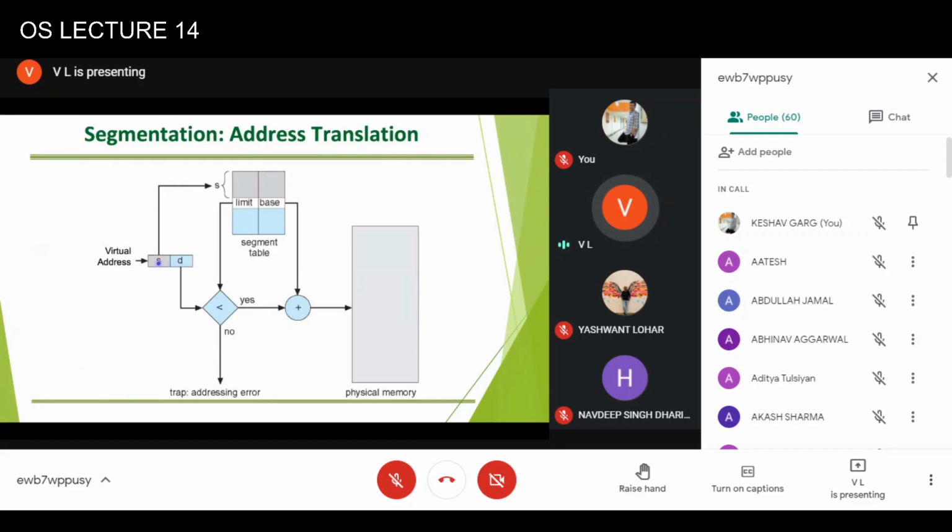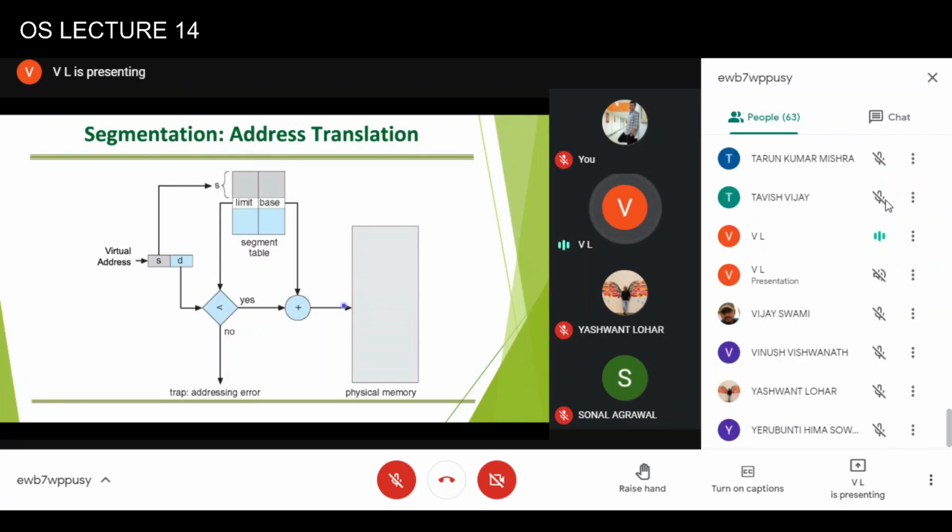The virtual address comes, S is the segment number, and D is the offset within this segment. So first of all, it will check, naturally I have not shown it here, but S should be checked against the value of the segment table length register. If it is a valid segment number, then it will index into the segment table and locate the values of limit and base. And then it will check whether the offset is less than the limit or not. If yes, then it will be added to the base register and the physical memory will be accessed. So this is what I've taken from Operating System Concepts, Galvin.